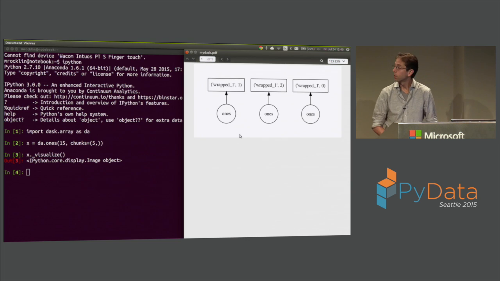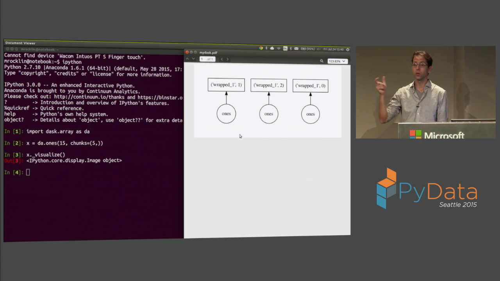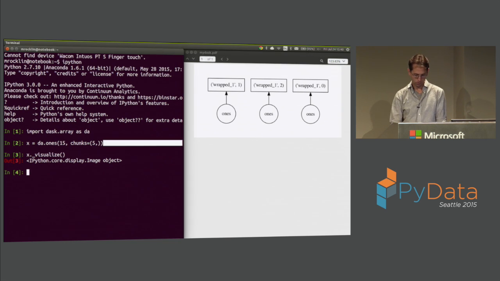Okay, so how we decode these graphs is as follows. All of the circles are functions, usually NumPy functions. So Dask Array is making a graph with a bunch of NumPy functions in it. And all of the boxes are arrays, usually NumPy arrays. Okay, and flow goes up. So we're calling ones 3 times to make 3 different NumPy arrays. And that's going to create 3 NumPy arrays that just live just above. And if we do something like, let's say, add 1 to our array,